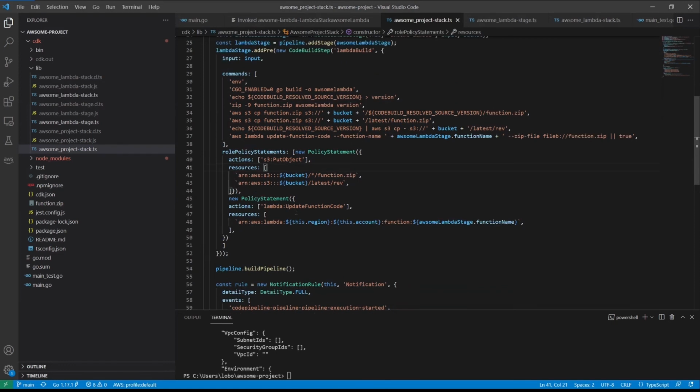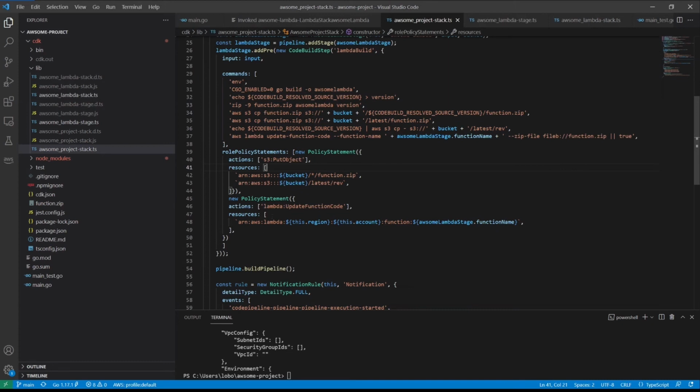Everything in AWS is restricted to the set of permissions that will allow it to do its job and nothing more. This is the principle of least privilege, and so we need to actually give the Lambda build step itself abilities to create resources or to be able to do things in the AWS environment.